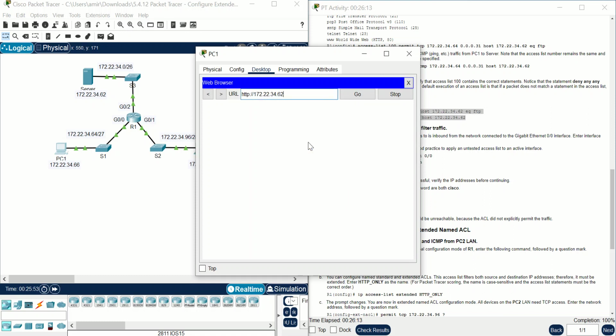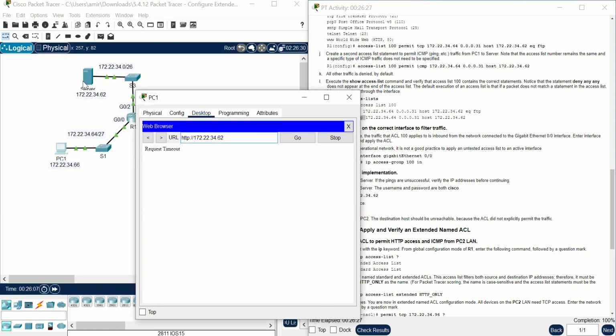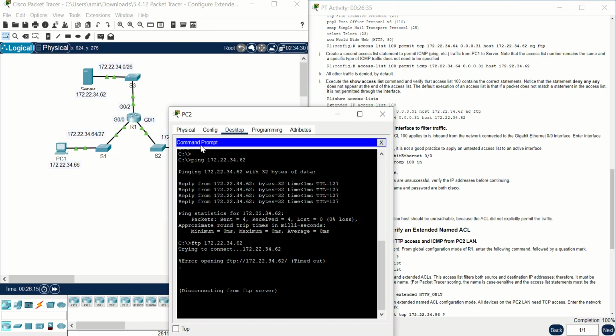Yes, it works. For example, because you have only given permission for FTP and for ICMP on PC1. In this situation, PC1 cannot access the server via HTTP, and on PC2